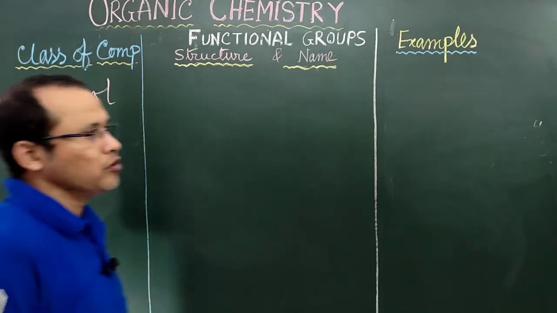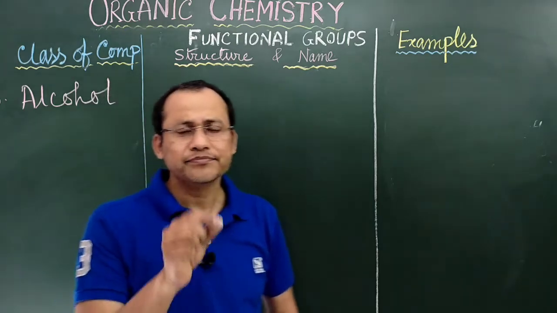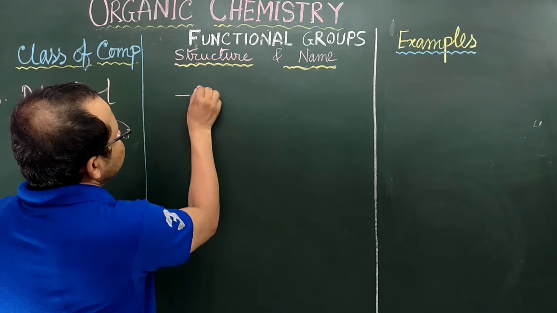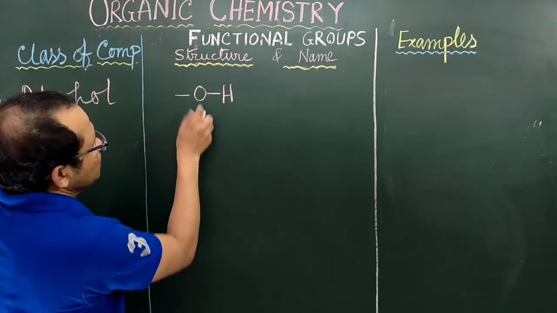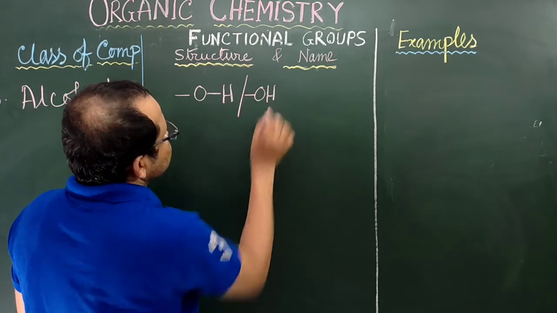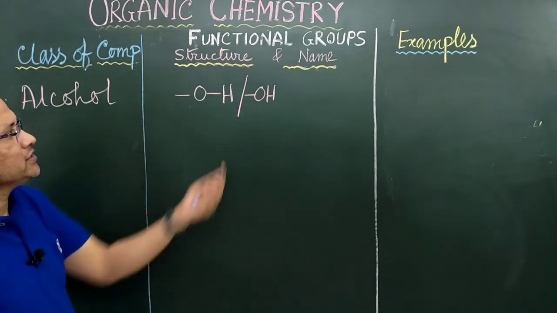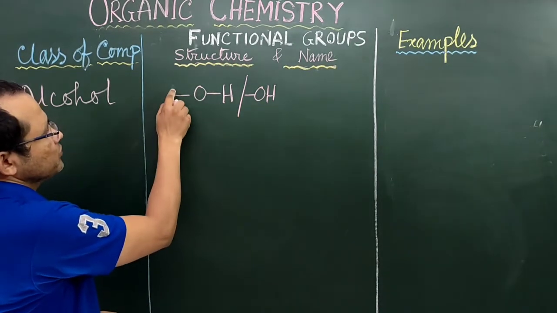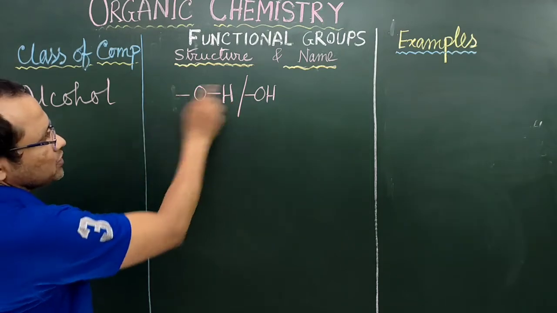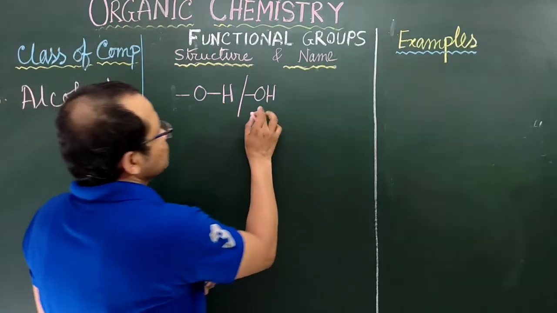Alcohol. By alcohol we mean one type of organic compound where an OH group will be there. So in any organic compound, if this structure may be written in short as OH, bonded in this way, or simply like this, this will be linked to any carbon atom or any alkyl group. Here also the same thing, and if this be the case, then this type of group is known as,